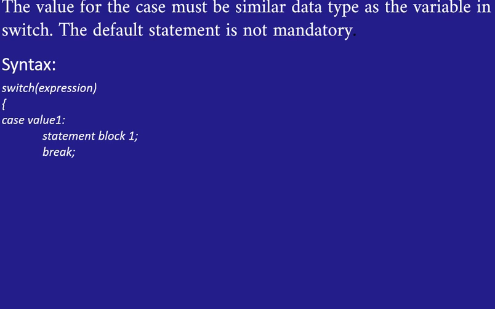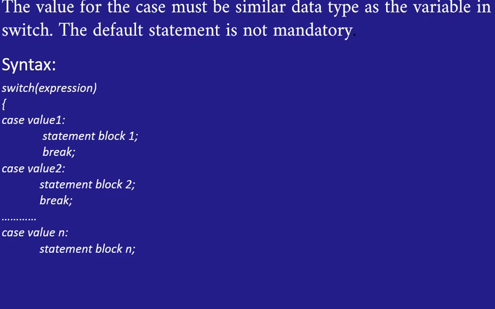Suppose day equals 6, and the first statement does not match, so the value will not be found there. The first day is Monday, and the sixth day value will be Saturday. So we have to run the program till the value 6 comes. Now case value 2, second statement block, and then the break. Every case value should have a block statement and the break, then the next case value will work, and so on. Like this, you can use many cases with case value and number, and then finally you can use the default value.